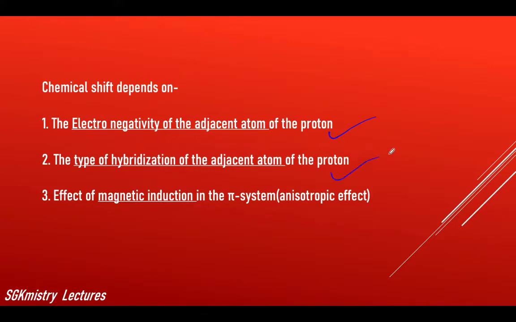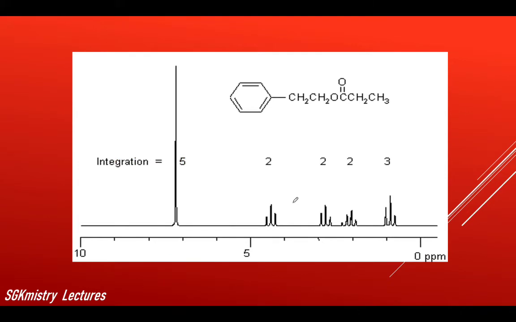The next is the type of hybridization of the adjacent atoms, whether it is sp3, sp2 or sp hybridization, and also the effect of magnetic induction. This is because of the pi electrons in the particular compound, maybe in the presence of aromatic compounds or alkenes, alkynes and substitutions of the same. There is one more effect, the anisotropic effect, because of the movement of the pi electrons. So first, coming on to the